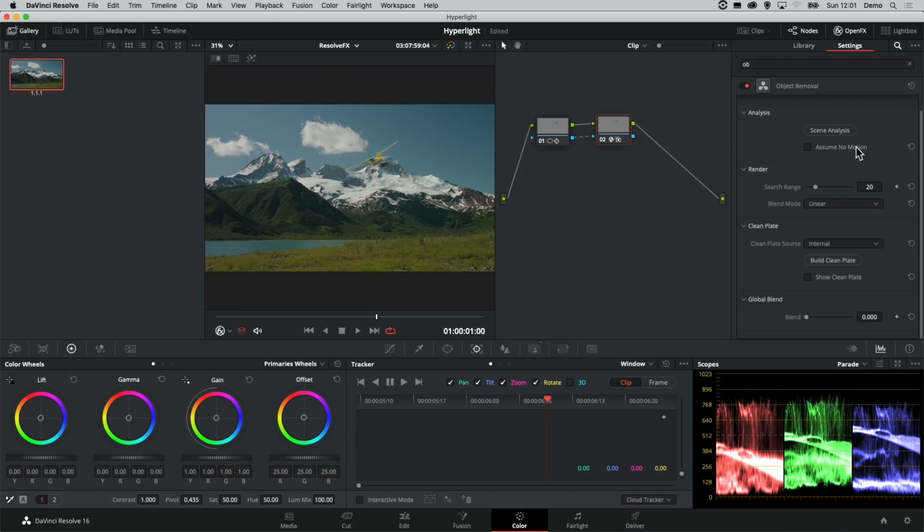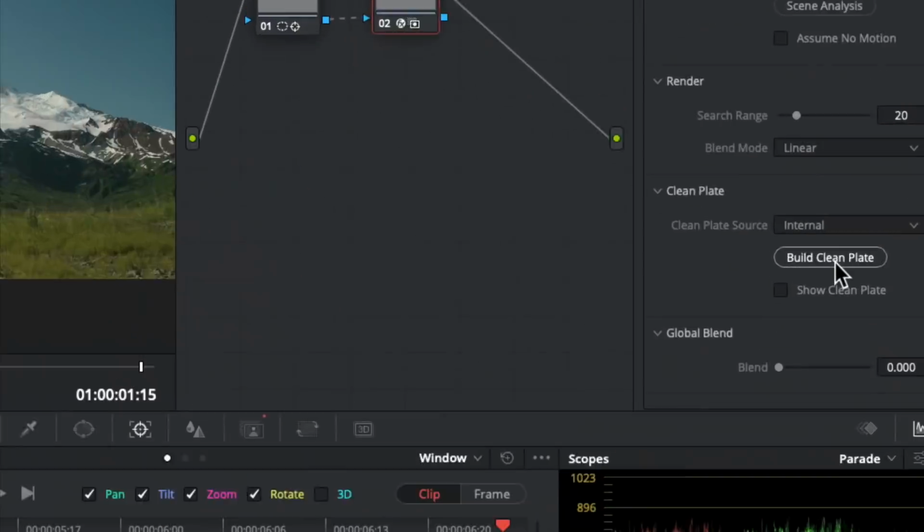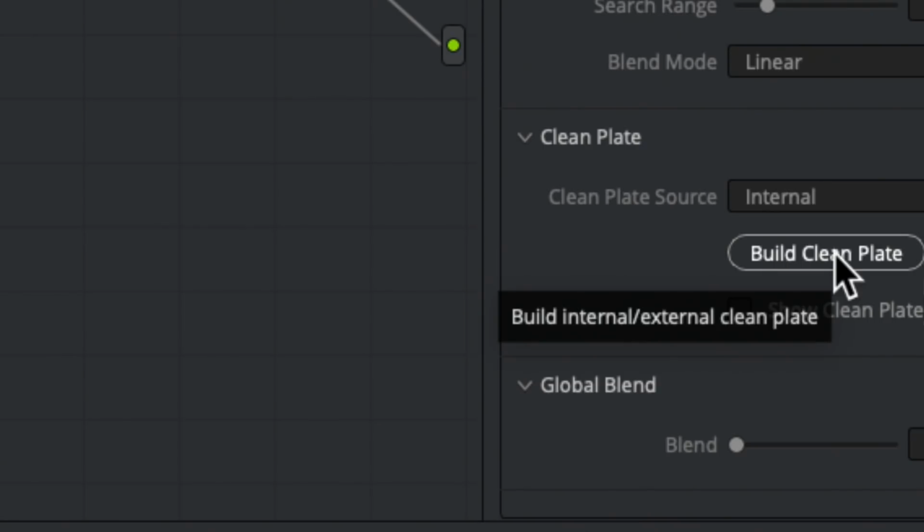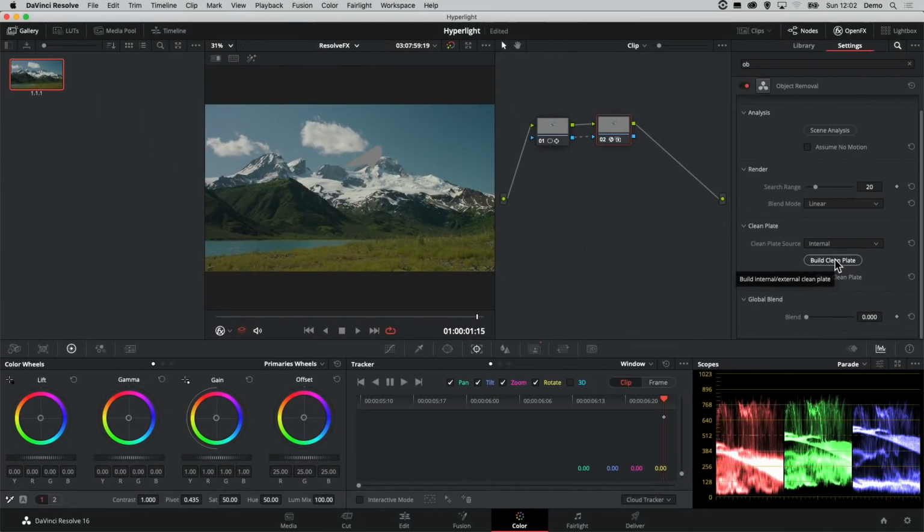Now if I do a scene analysis, it'll analyze the shot, and it'll bring up this weird gray mark that appears. So if we play that back, I get this weird gray mark that appears in the shot. But within my effect, I've got something that says build clean plate. What the clean plate does is look at the areas that don't have that object in and use that information. So if I now build a clean plate,